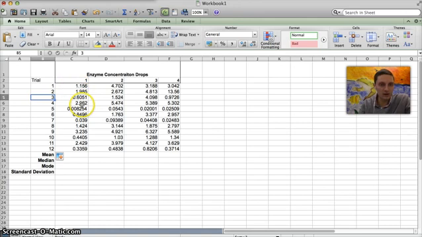These are different trials if we were measuring enzyme concentration based off of number of drops. So I've got 1 drop, 2 drops, 3 drops, and 4 drops. And I want to calculate the mean, the median, mode, and standard deviation for these. Now to do this,